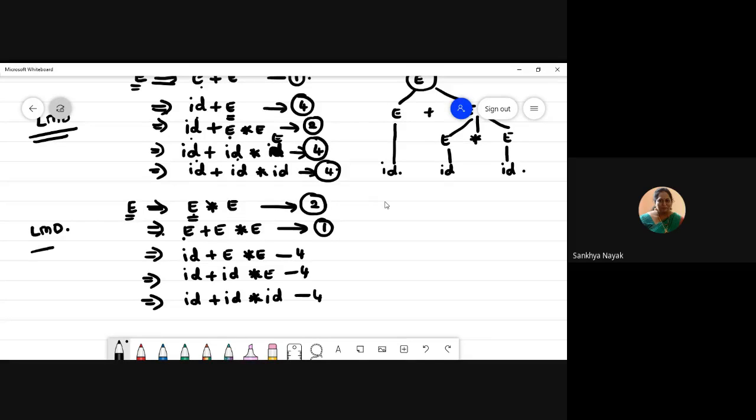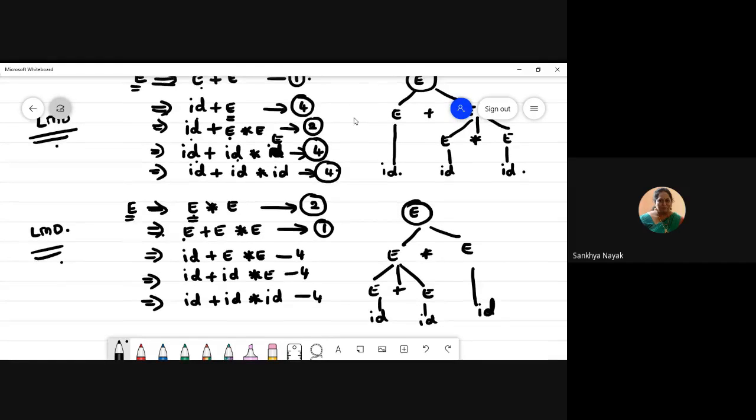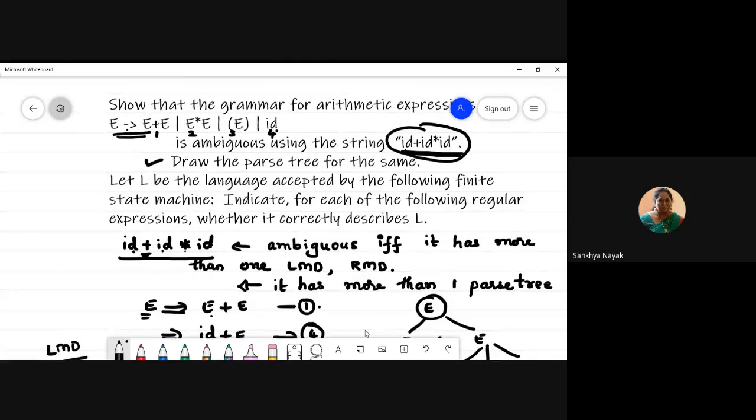So as you can observe, both are leftmost derivations only, right? So how will the tree look like? E derives E star E, correct? And then this E was expanded as E plus E. And then this one was ID, ID and ID. Okay. So the question asked us, is it ambiguous? We have to tell yes, it is ambiguous because